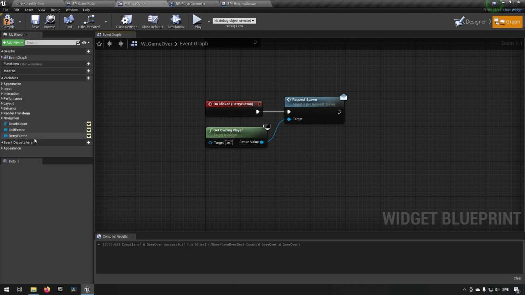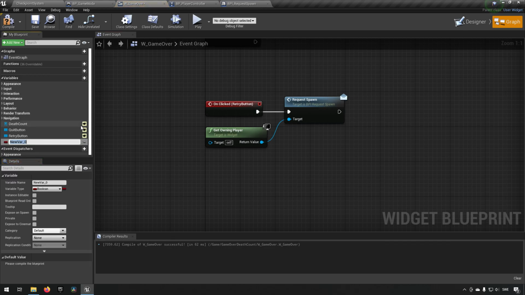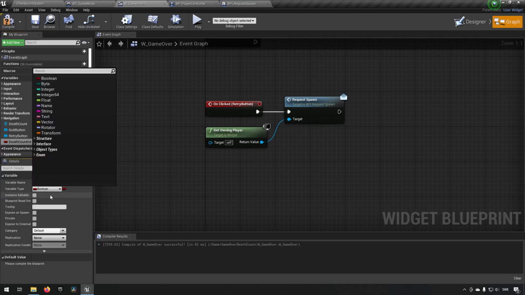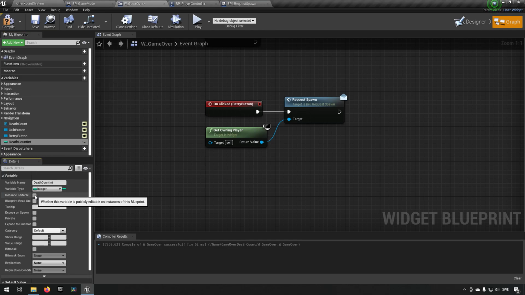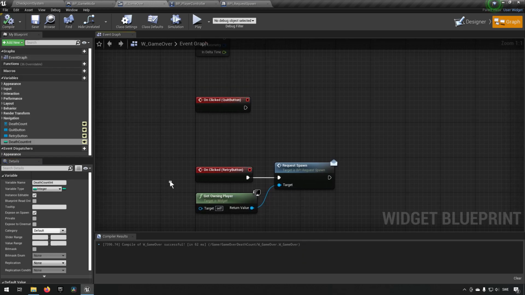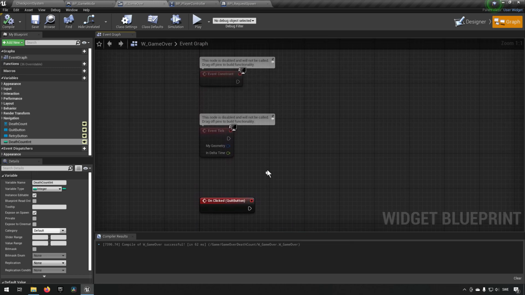We can make it so that we create a variable here, which we call death count. We cannot call it death count apparently, so we'll call it death count int just to distinguish the name. Make it an integer, and we'll make it instance editable and expose on spawn. Now that means that we will have it available to us when the widget is created, which means that we can